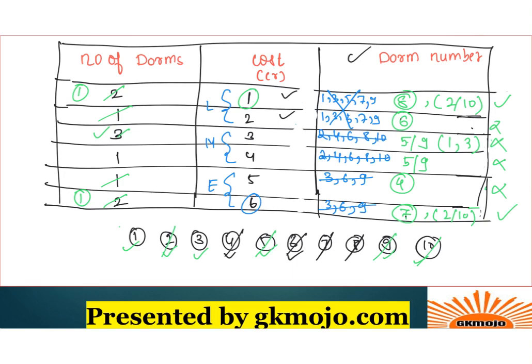This is the complete table that can be formed. All right, please note it down. So these are the values: 5 and 9. 5 or 9 comes over here, right? And here 2 or 10, 2 or 10, right? This is the final value of the table that we got from the conditions.